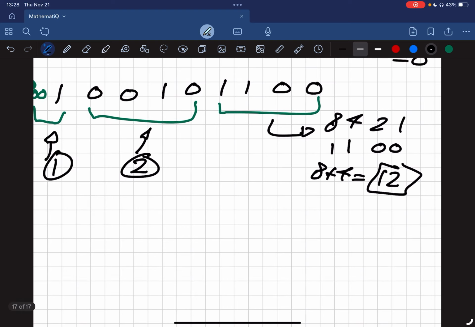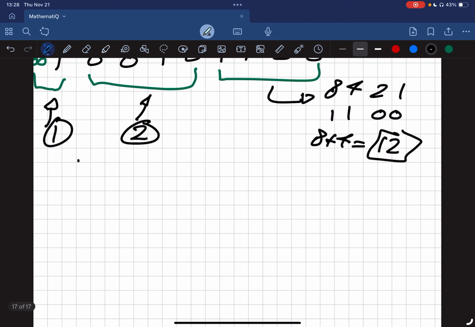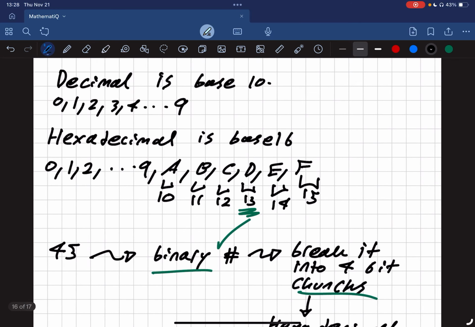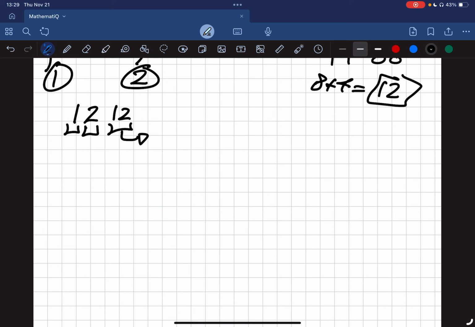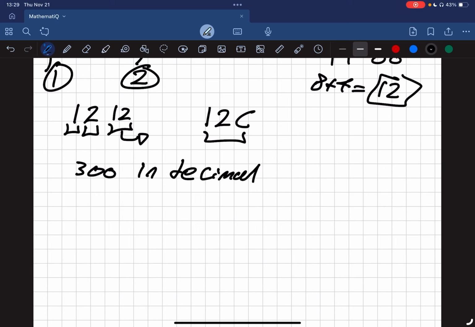Skipped a few steps just because it's getting a little bit redundant at this point. So we have 1, 2, this is the first, second, and then 12. But 12 in hexadecimal, as we've seen, is C. So this is going to be 1, 2, C. And that is how you write 300 in decimal converted